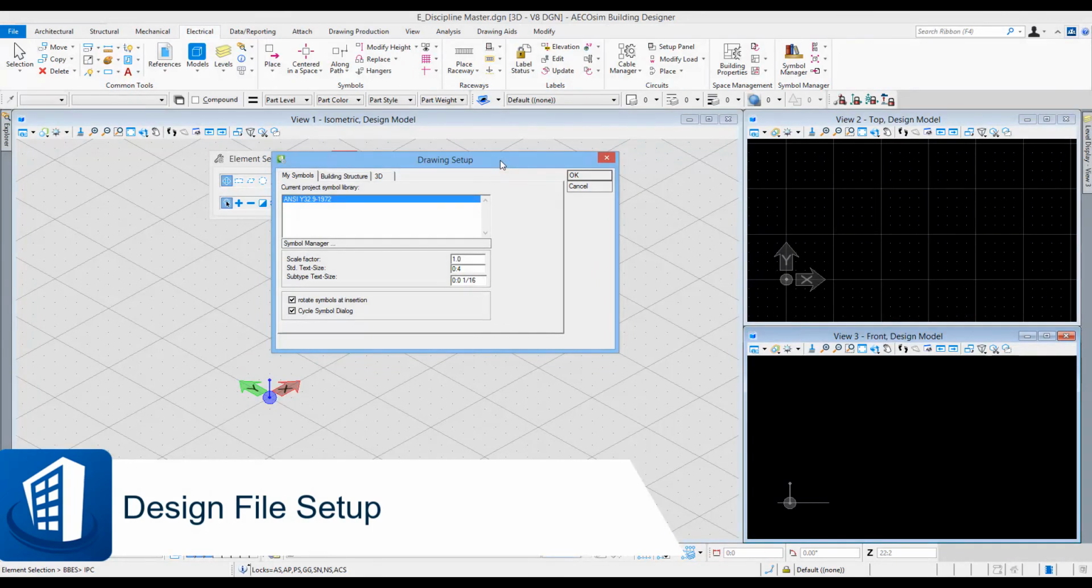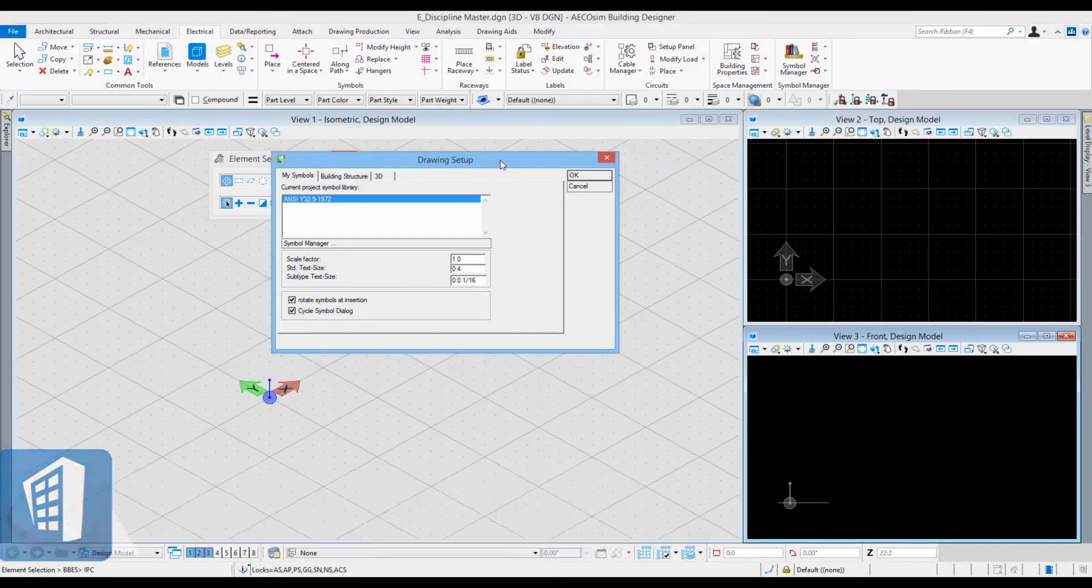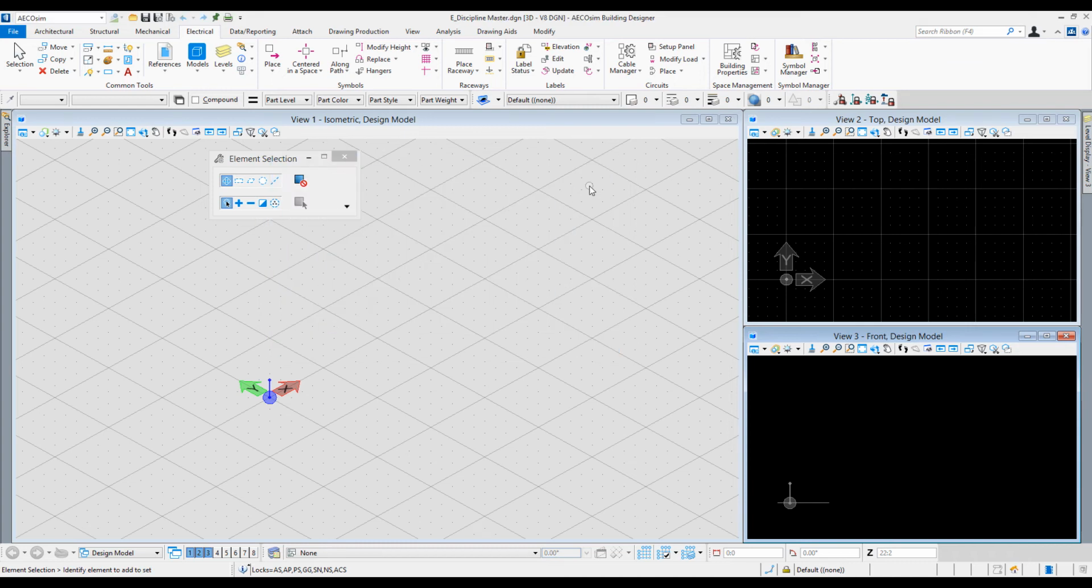In this video, we'll take a look at the drawing setup process for electrical files in our project. So continuing from the previous video where the file was registered, we get this drawing setup dialog box. Don't forget that if you happen to cancel out of that dialog box, you can always come back to it